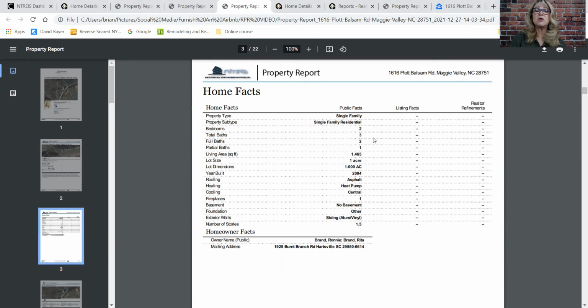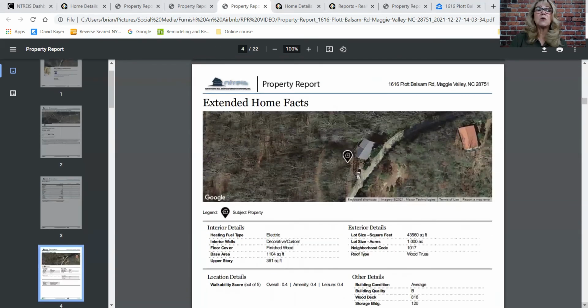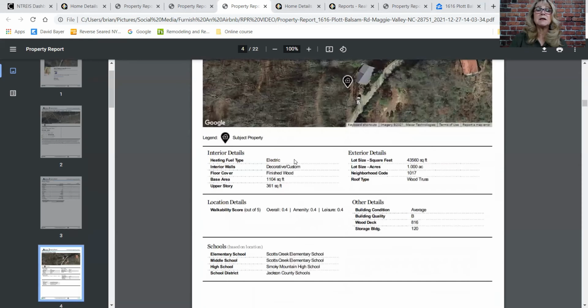So it's a 2-bedroom, 2-bath, or it looks like 3 baths. It sits on 1 acre. Okay, so far so good. It has no basement. Okay, so extended home facts. Now I can say, okay, it's electric. It has finished wood. Lot size, I don't know all that. I'd have to, if I have my GC friends, I can ask, well, what is that? Is that a good idea or whatever? The walkability score out of 5,